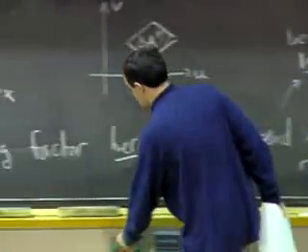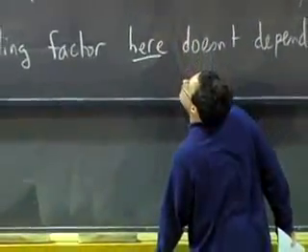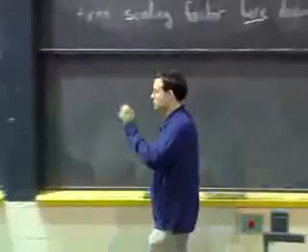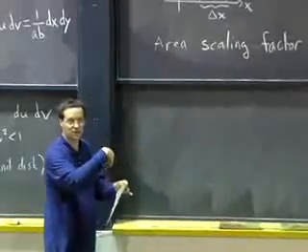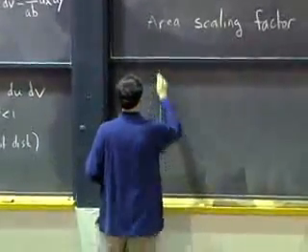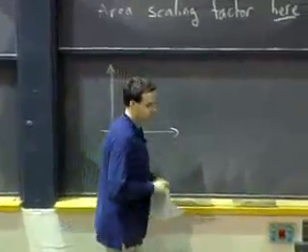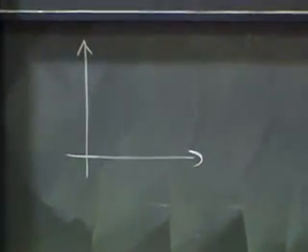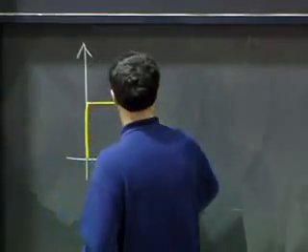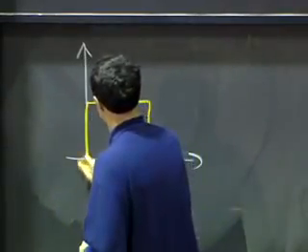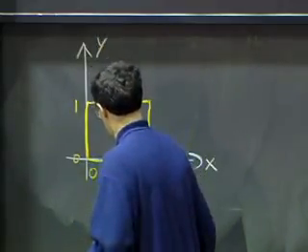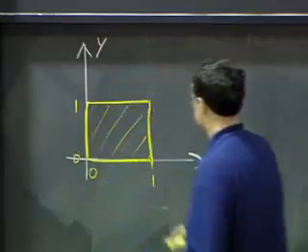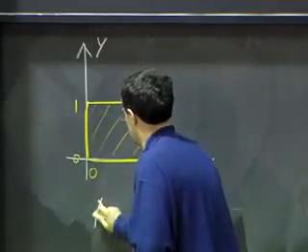So let's try to see what happens to the simplest rectangle I can think of, namely just the unit square. And if you don't trust me, then while I'm doing this one, do it with a different rectangle, do the same calculation, and see that you will get the same conversion ratio. So let's say that I take the unit square, so something that goes from 0 to 1, both in x and y directions. Okay, and let's try to figure out what it looks like on the other side. So here, the area is 1.